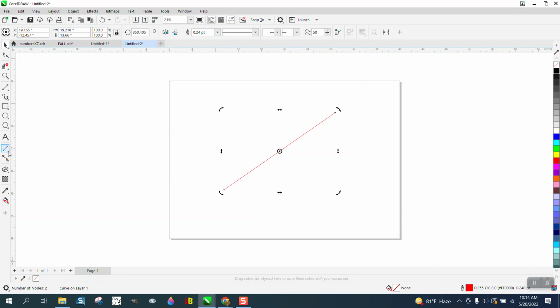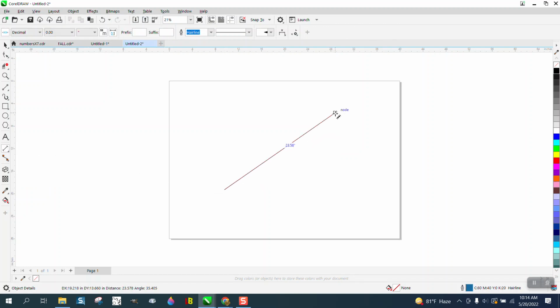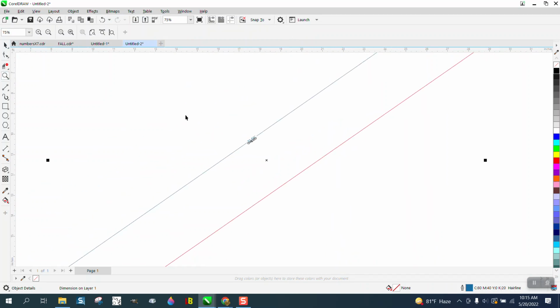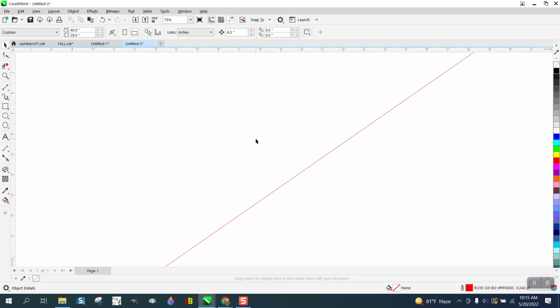So a couple ways you can measure it. You can go to the parallel dimension tool to make sure you go from node to node, and that line is 23.58. The other way to do it that's probably a lot easier, especially if you have a lot of lines,